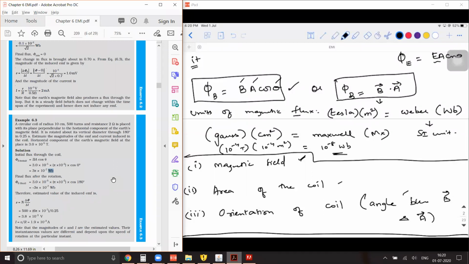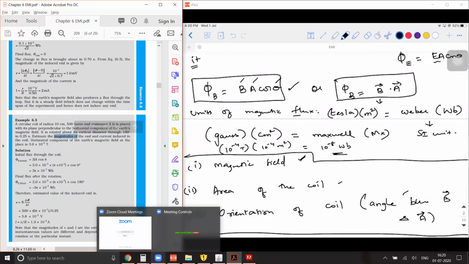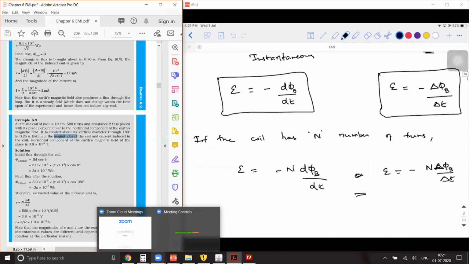Sir, when they are taking the difference of flux, they take initial minus final. You can do it as final minus initial. Generally, difference is always final minus initial. That's why I told you don't look at the solution. You have to only take the magnitude, that's what the question is. You have to read it carefully. See here what it is. Magnitudes. So this is all about the SI unit and Faraday's law.